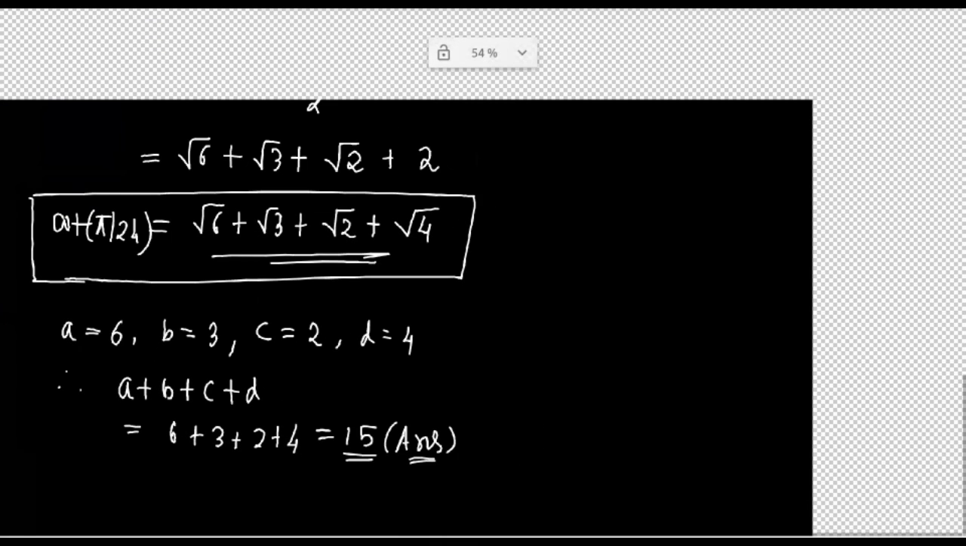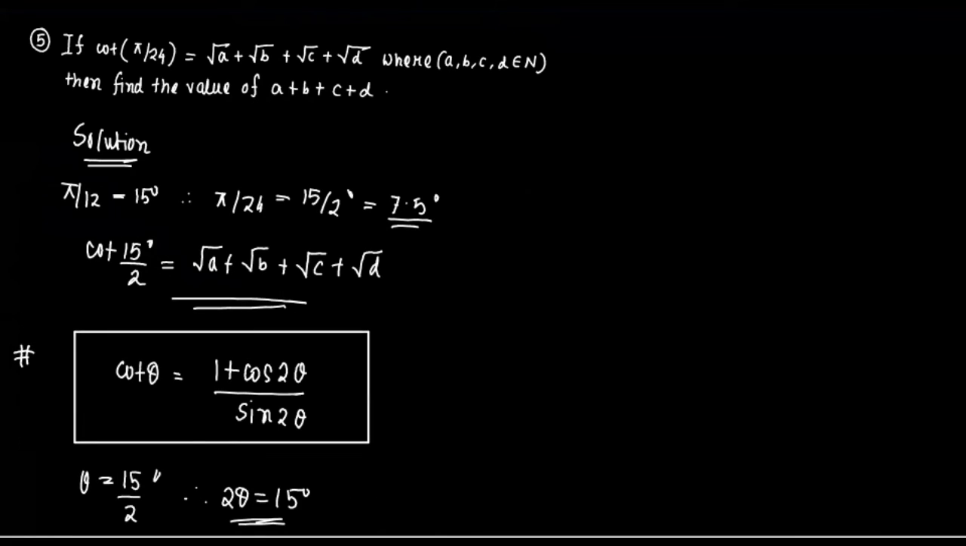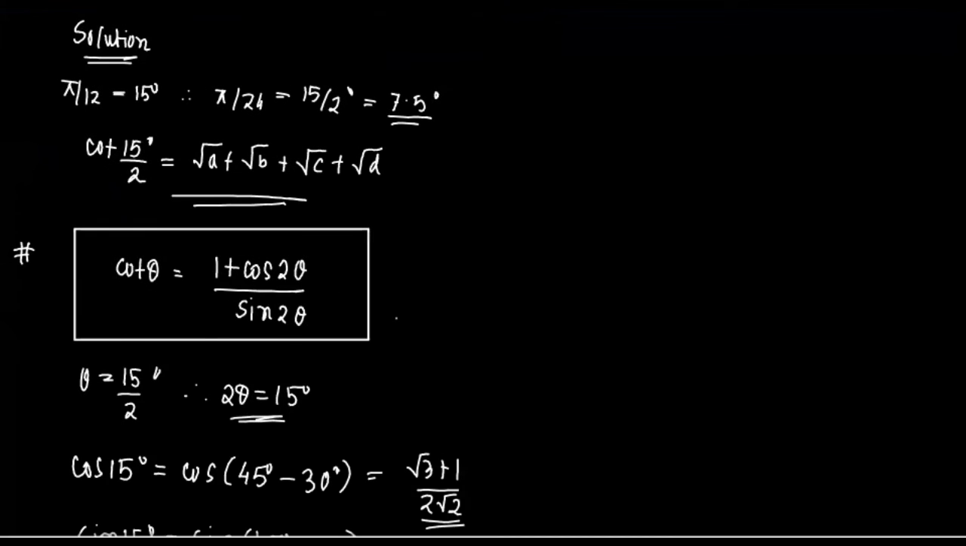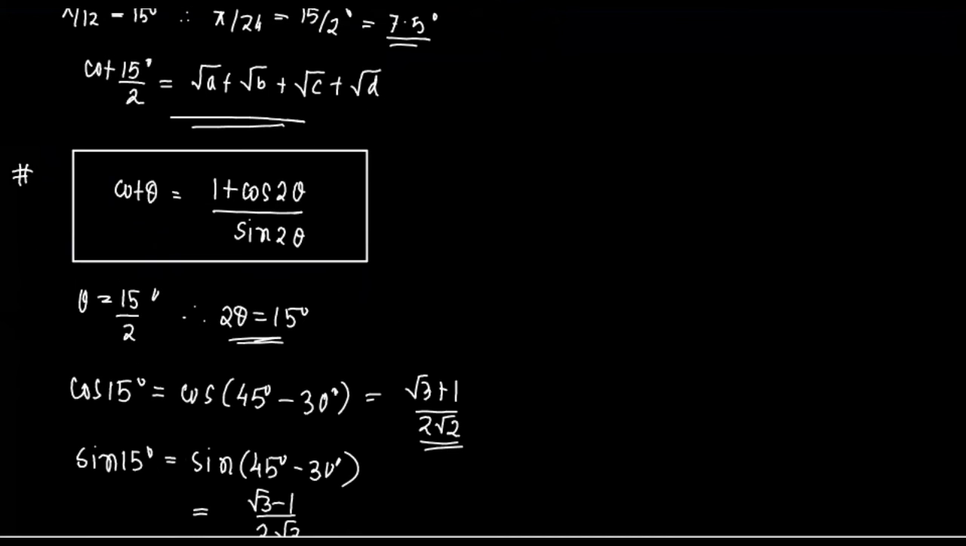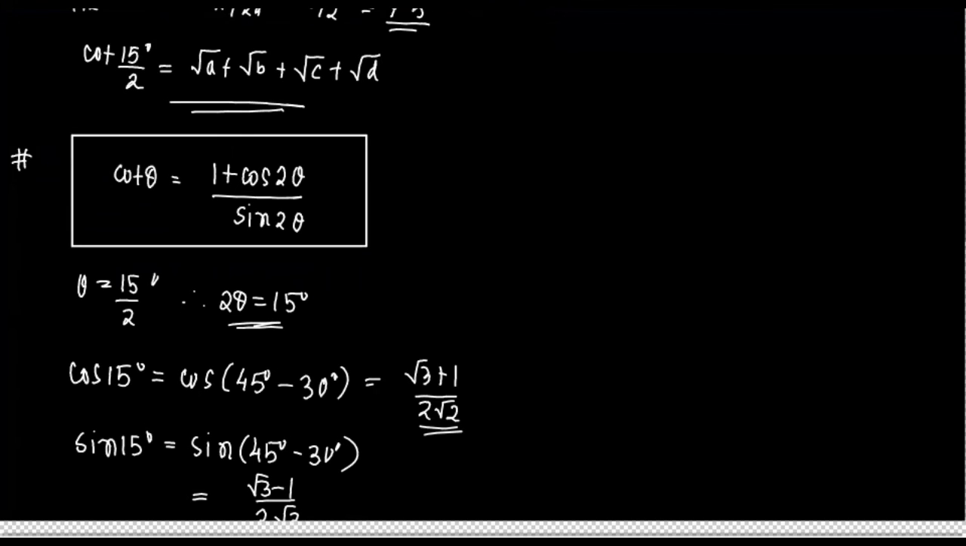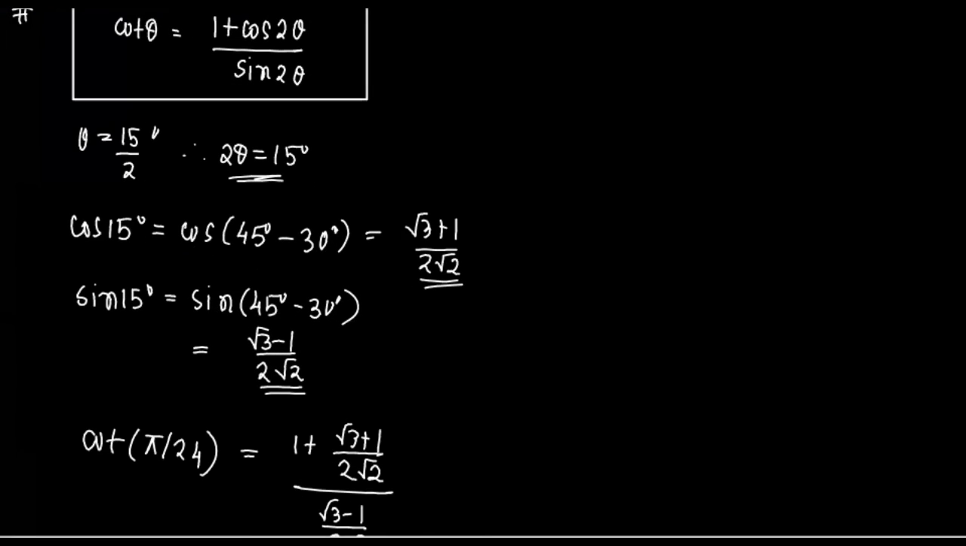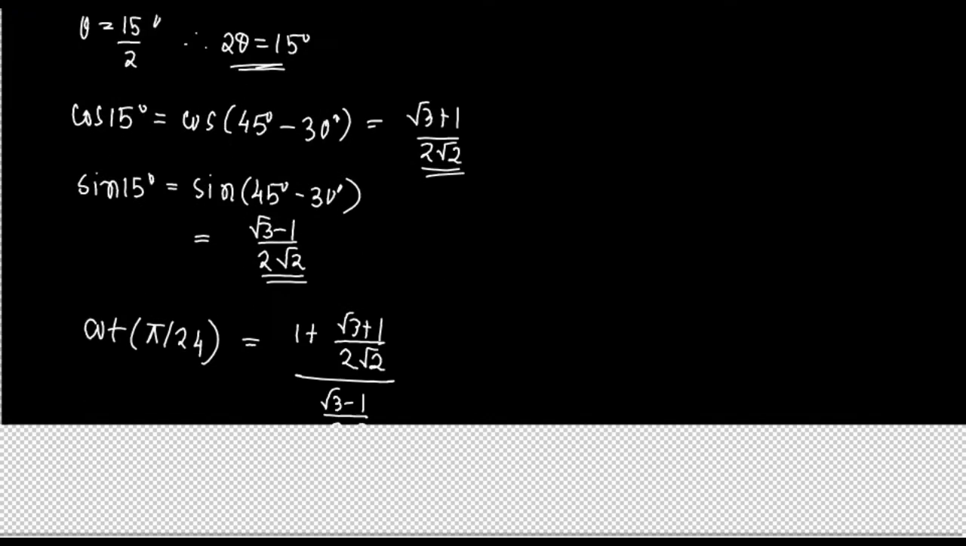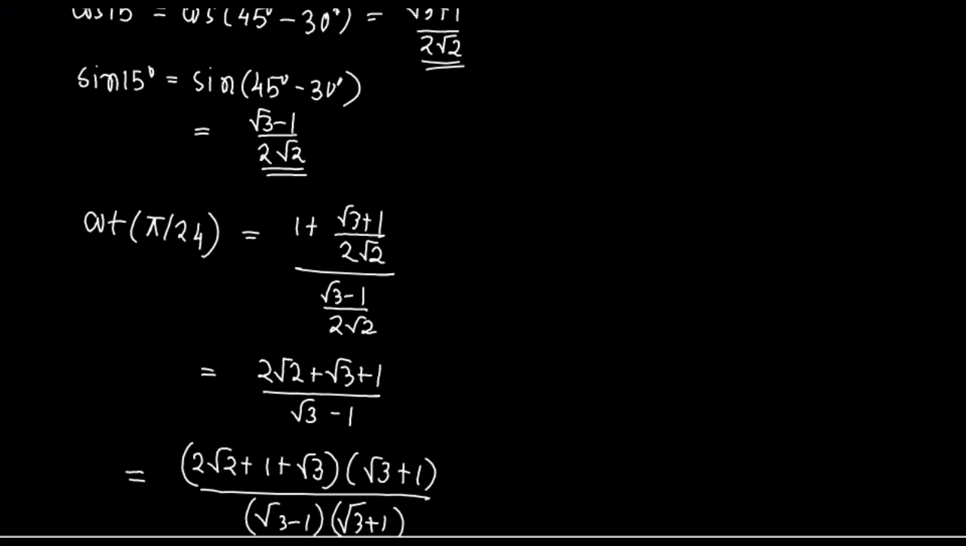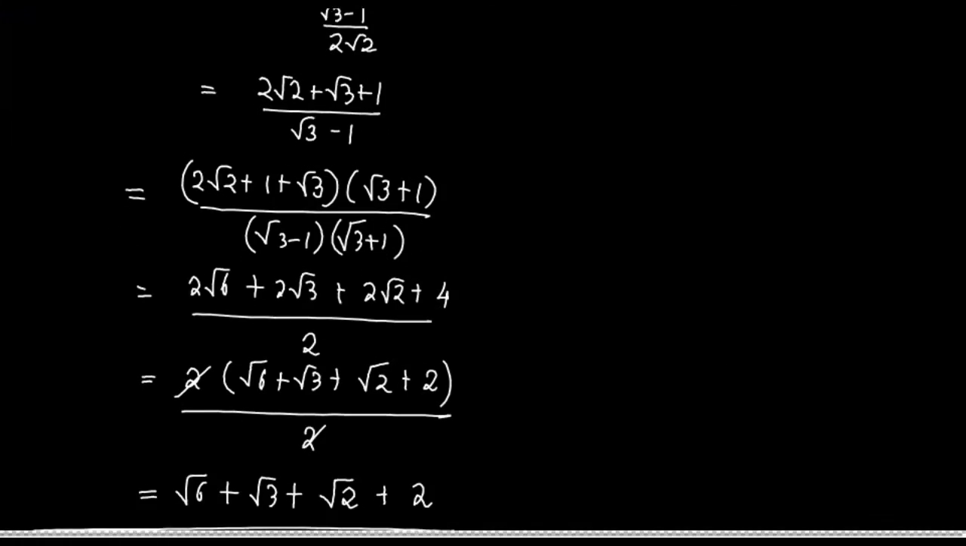So what have we done? We have been given cot 15 by 2 degree, which is root a plus root b plus root c plus root d, and we know that cot theta comes out by simplifying 1 plus cos 2 theta by sin 2 theta. So 2 theta will be 15. Now we know cos 15 and sin 15: their values are (root 3 plus 1) by 2 root 2 and (root 3 minus 1) by 2 root 2. So cot pi by 24 comes out to be root 6 plus root 3 plus